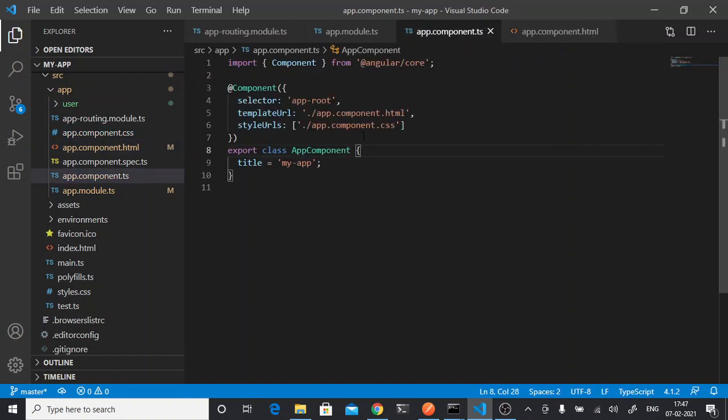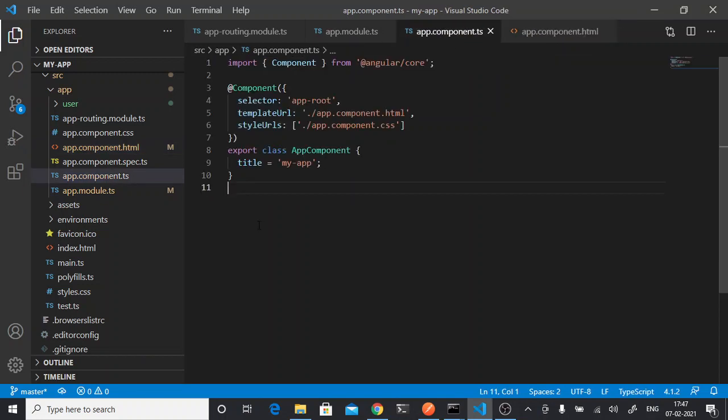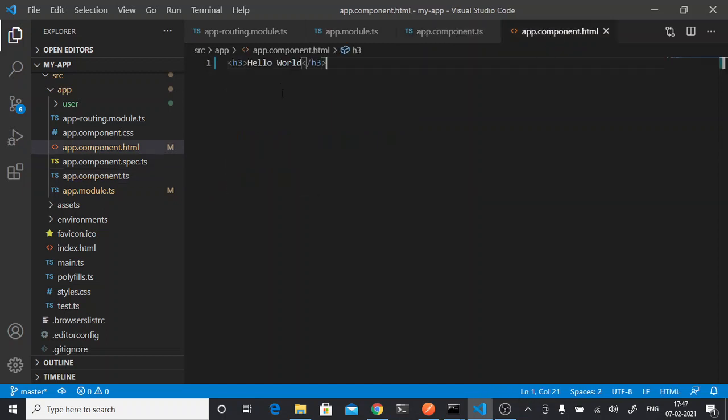And in the TS file you will write all the logic, whatever is getting submitted from the form, or whenever you are calling your APIs and all that can be done. Whatever component-related operations you want to perform will be done in component.ts, whereas your HTML code which will be seen in the browser will be written in the HTML.